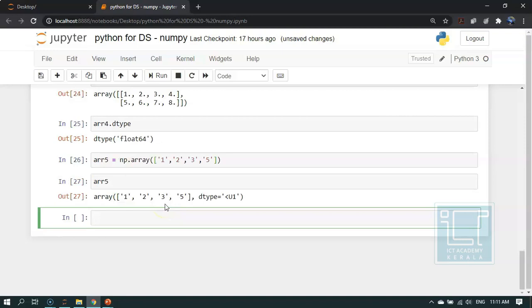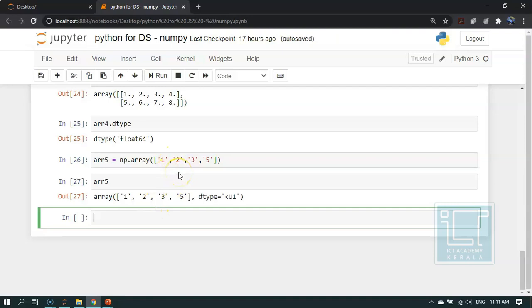If you display arr5, you can see it like this. Now if we check for the data type, you can see it is given as U1. U1 stands for Unicode or string data type. So any value that is given inside a single or a double quote will be taken as string data type.